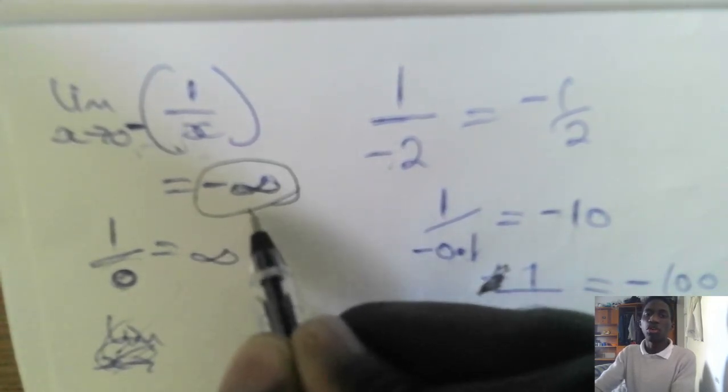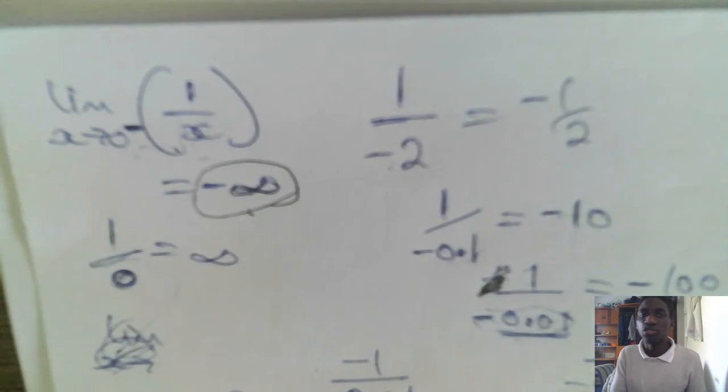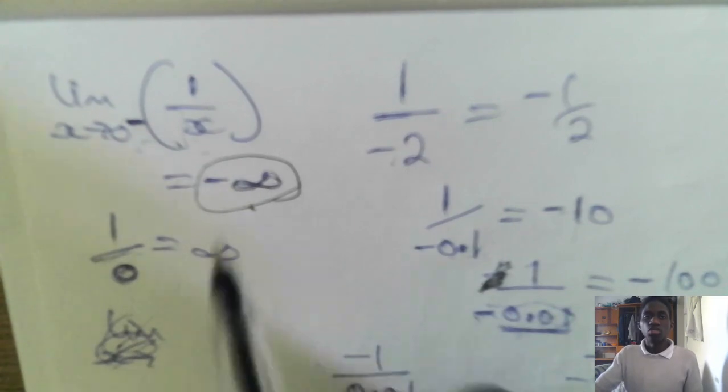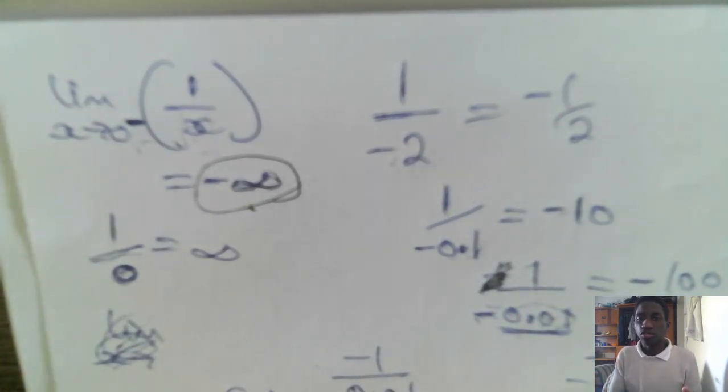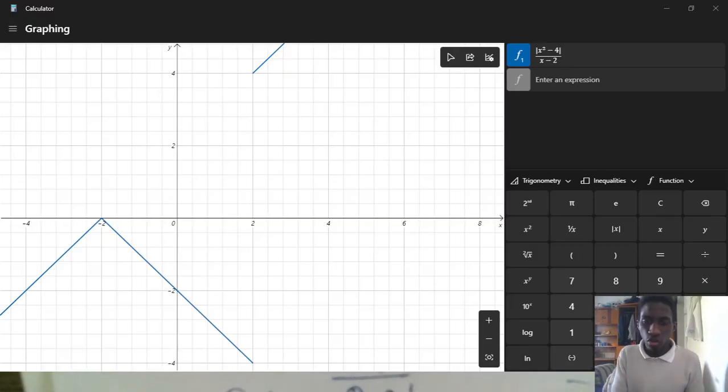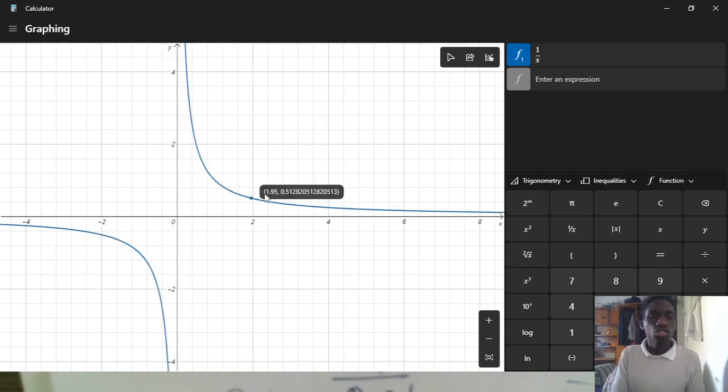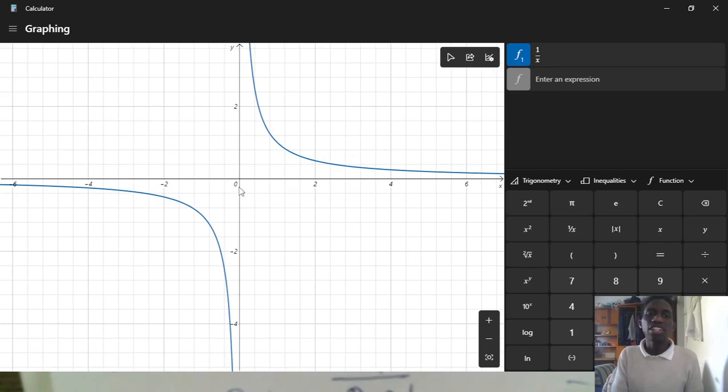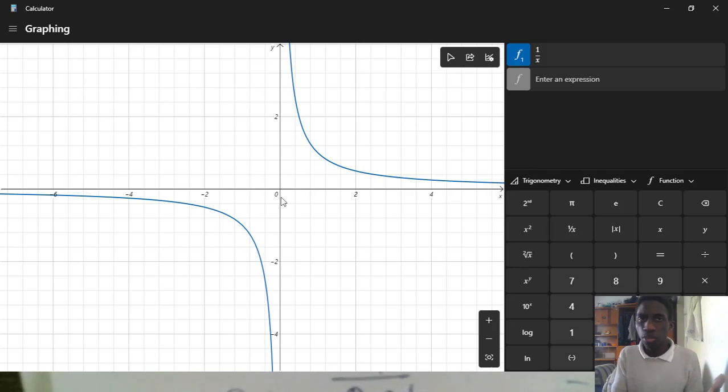We'll be handling more on infinity in later videos in this series. But what I want to say is that you keep on getting very large negative values. So finally, to get a picture of what we are discussing, let's take a look at the graph of 1 over x. We look at this graph and it just shows us what we've been talking about all this time. As I approach 0 from the right,